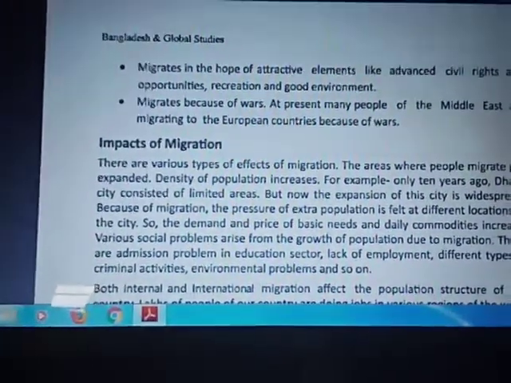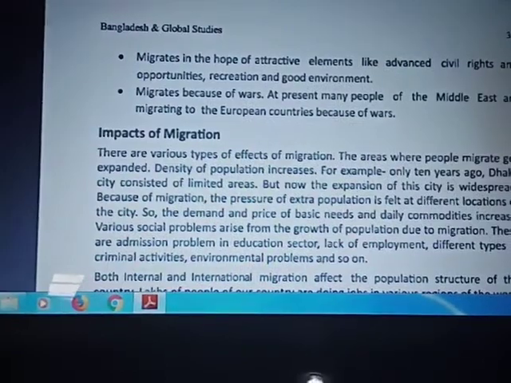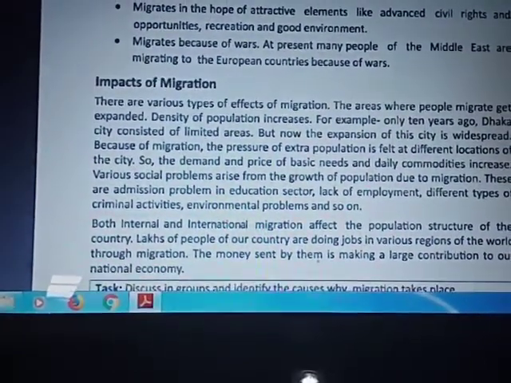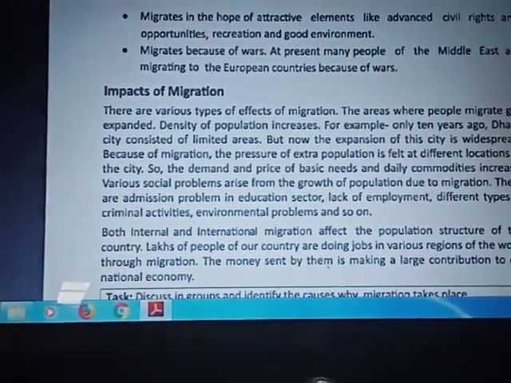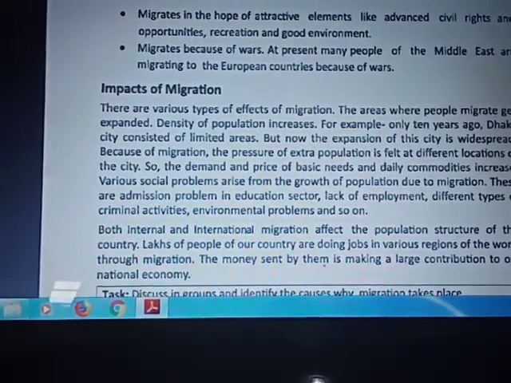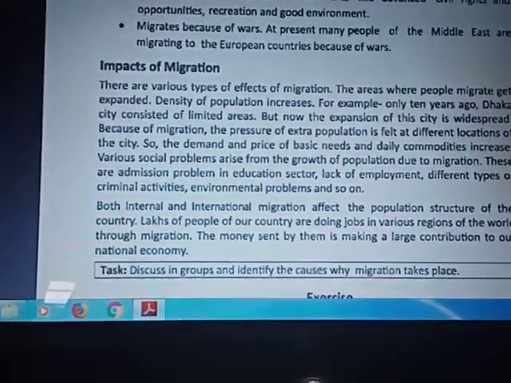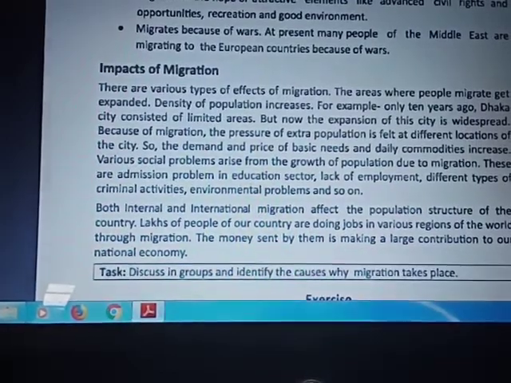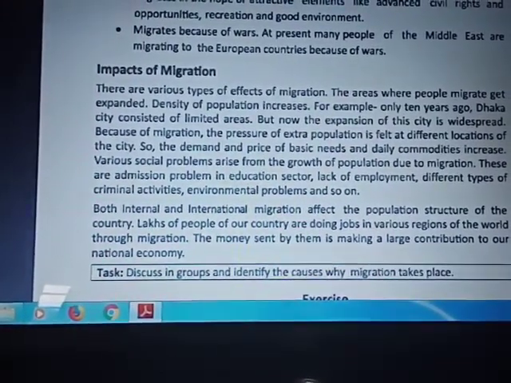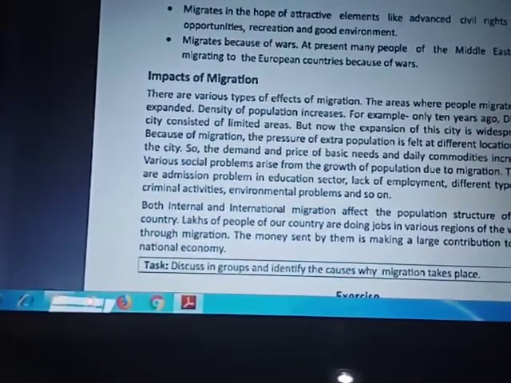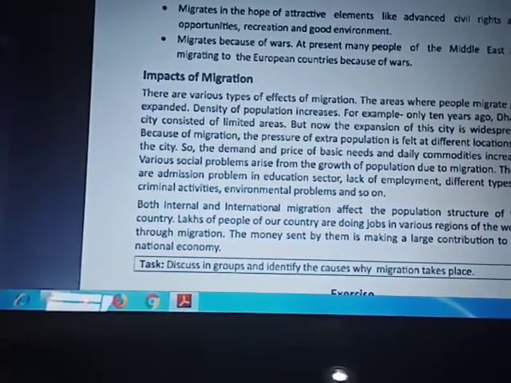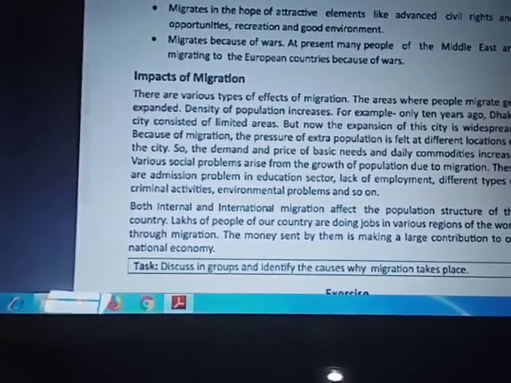Impact of migration. There are various types of effects of migration. The areas where people migrate get expanded, and the density of population increases. For example, only 10 years ago, Dhaka city consisted of limited areas, but now the expansion of this city is widespread. Because of migration, there is the pressure of extra population. Actually, now our total population is above 6 crores